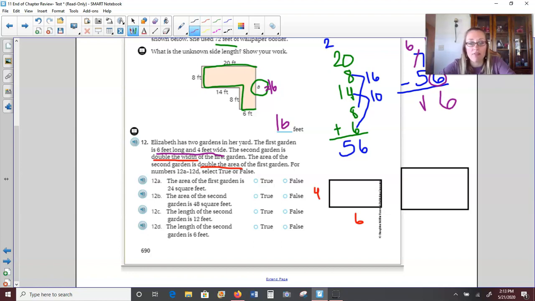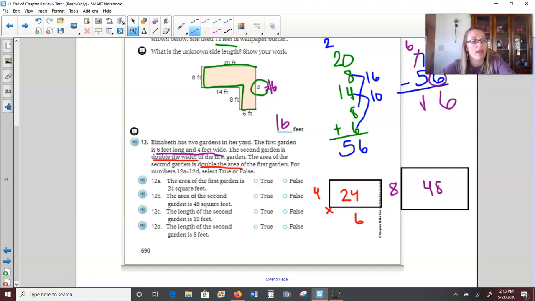If the width of the first garden was 4 feet and the second garden is double that, 4 doubled is 8. And it says that the area of the second garden is double the area of the first garden. Well, what would the area of the first garden be? Well, let's figure that out. 4 times 6 is 24. And if we double 24, 24 plus 24